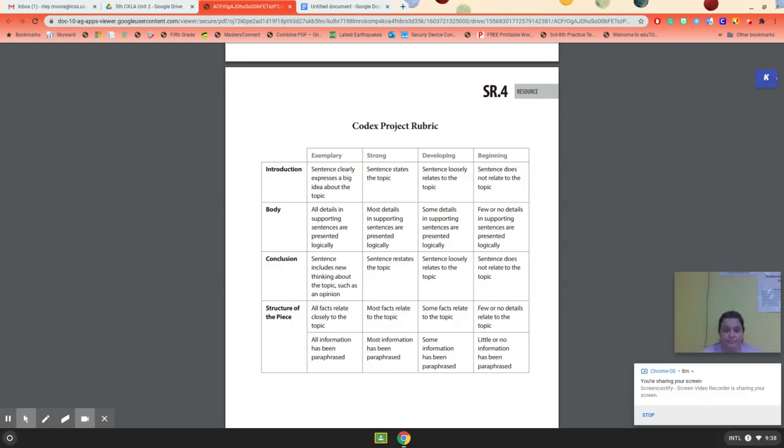Now, structure. Structure is very important when we're writing paragraphs because it tells me that you are able to coherently put your thoughts onto paper. And I know sometimes it's hard to go from here to the paper. That's why it's a great idea to do a story web or an outline when we do this. Anytime I had to write a paper, I always did an outline because it helped me. I knew exactly what I was going to be writing about.